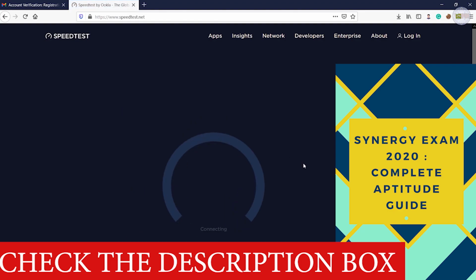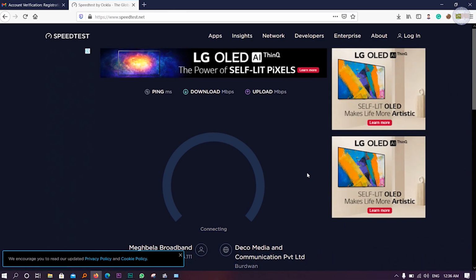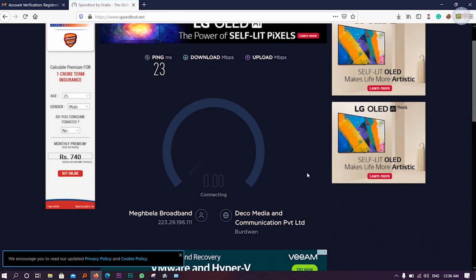You should have a Wi-Fi connection. You can use your mobile hotspot or a broadband fiber connection. Just click and wait for it to connect, maybe 1 or 2 minutes.